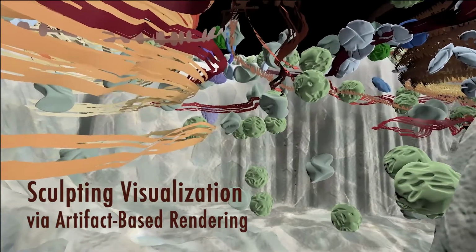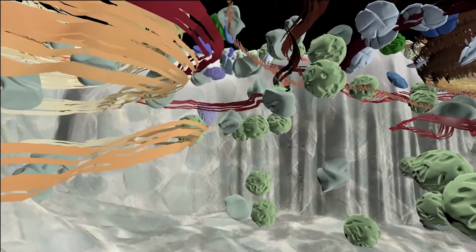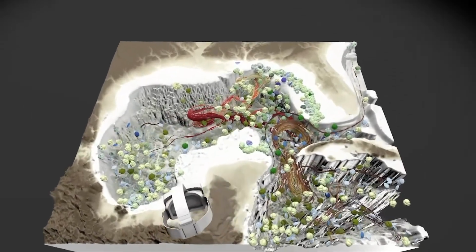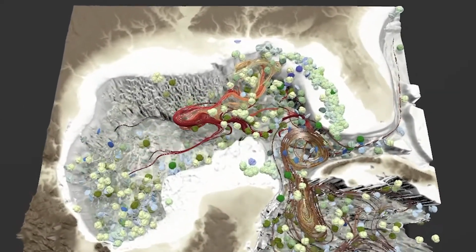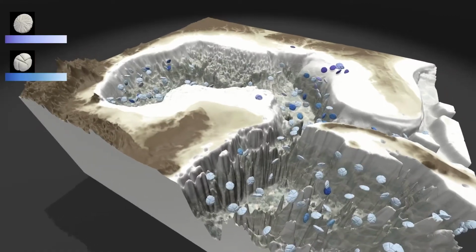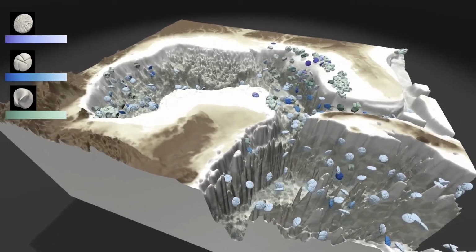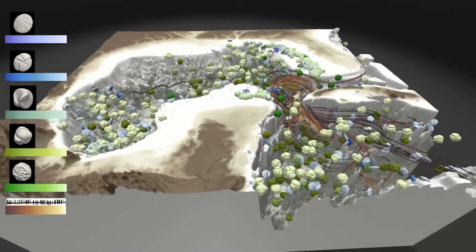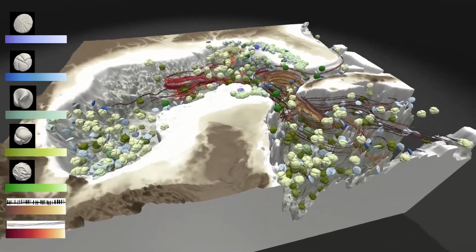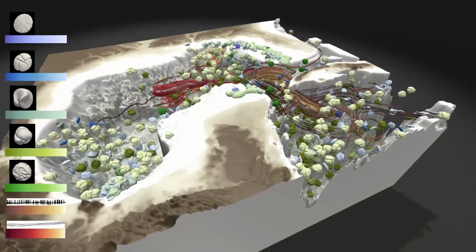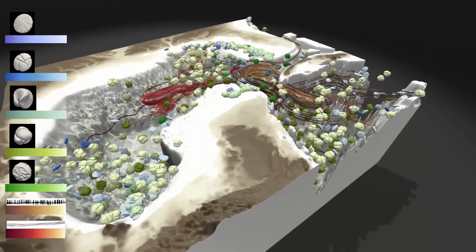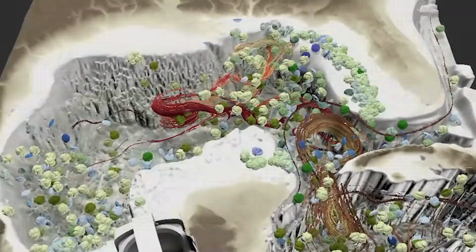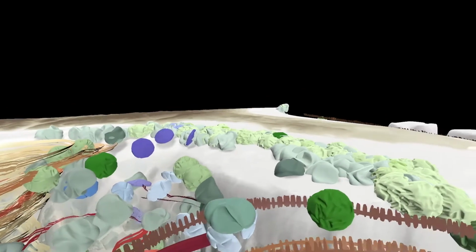Sculpting visualization is a project that was born out of a desire to increase scientists' ability to see more and understand more within their data through the use of artistic understanding of visual language. And specifically, the thought is that artists are trained to create rich, dense, visual elements that specifically are intuitive, direct attention, and tell a story.